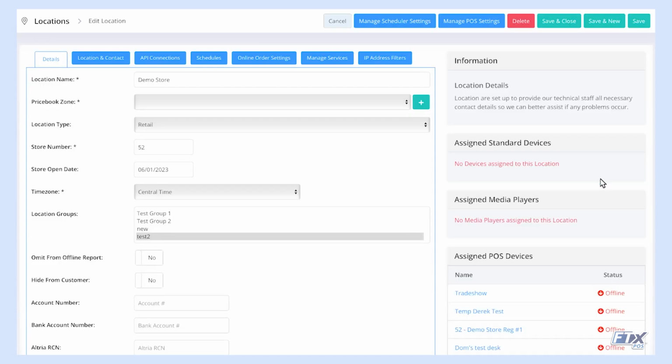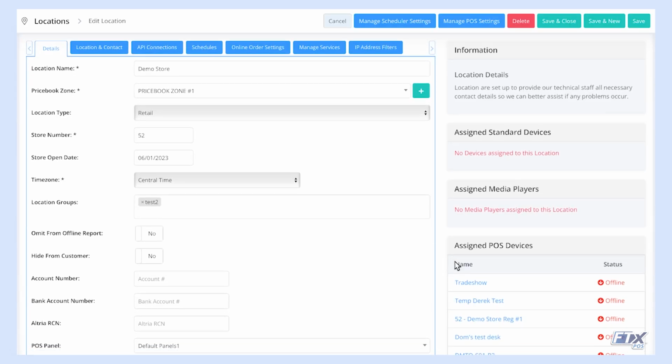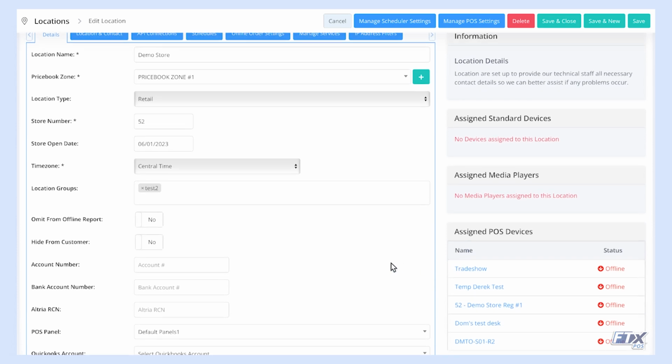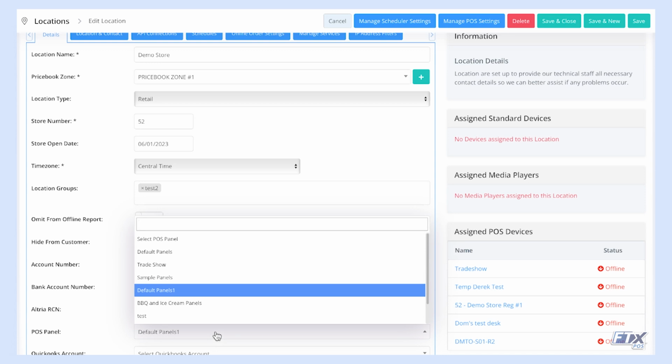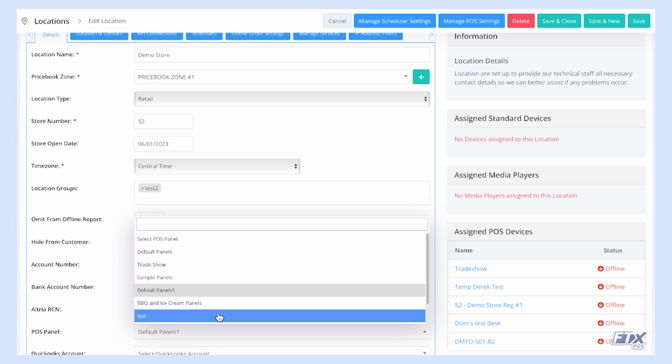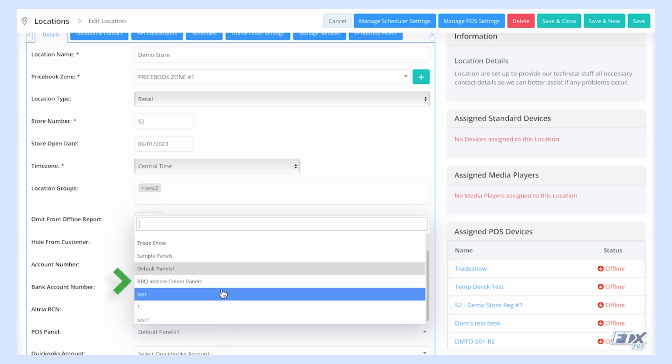After clicking the Modify pencil, that will take us to the Edit Location page, where on the first tab, the Details tab, at the very bottom, we can see POS panel. Clicking this will show us a drop-down with a list of all of our existing POS panels. From this list, all we need to do is select the POS panel that we want to assign to the location,